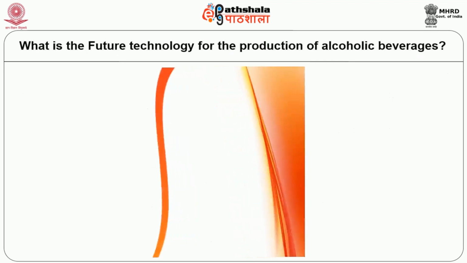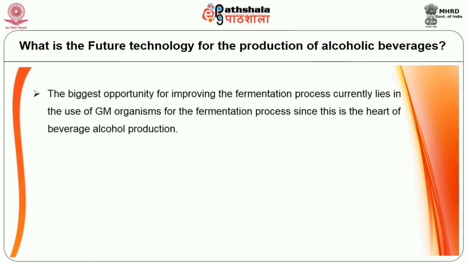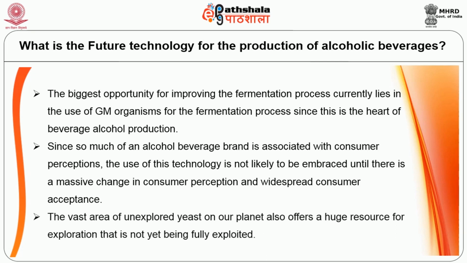What is the future technology for the production of alcoholic beverages? The biggest opportunity for improving the fermentation process currently lies in the use of GM organisms for the fermentation process, since this is the heart of beverage alcohol production. However, since so much of an alcohol beverage brand is associated with consumer perceptions, the use of this technology is not likely to be embraced until there is a massive change in consumer perception and widespread consumer acceptance. The vast area of unexplored yeast on our planet also offers a huge resource for exploration that is not yet